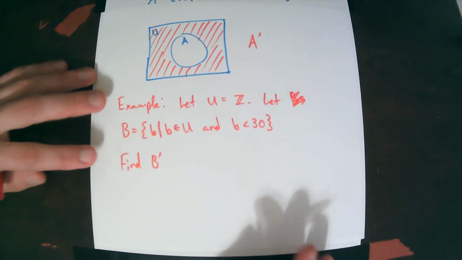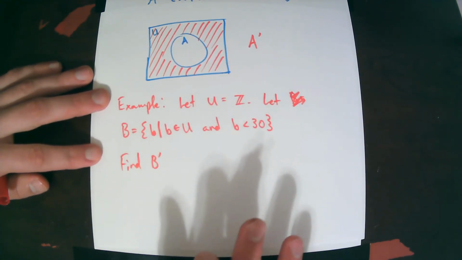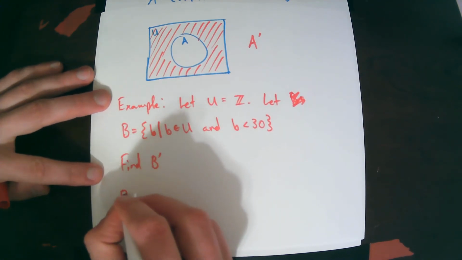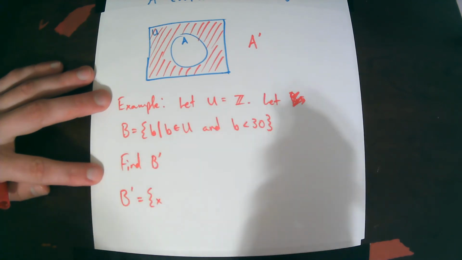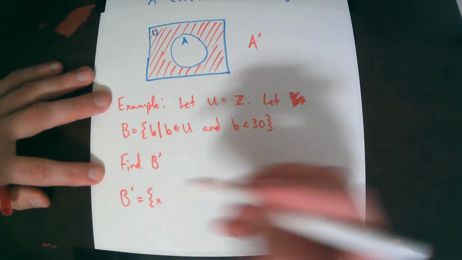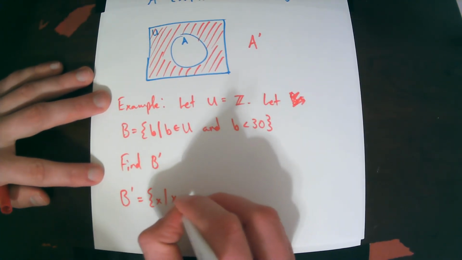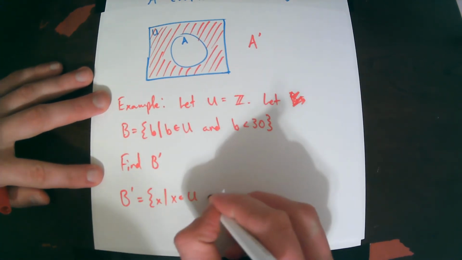I want to know the stuff that's in the universal set, but not in this set. So this is what this would look like. B complement is going to be the set of all elements, and you pick a different letter because you're talking about different elements now. So I'll just say x, such that x is still in that, they're still integers, they still have the same overall home, but